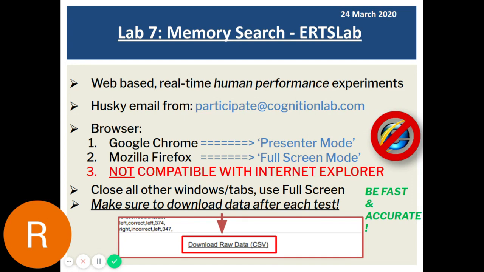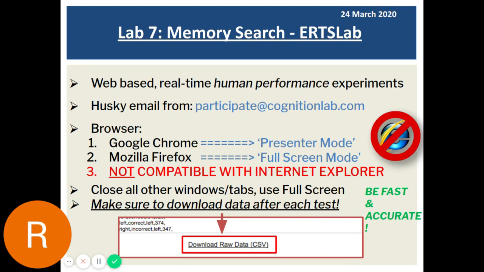In your Husky email, you should already have an email from participate@cognitionlab.com. When you're ready to go to the lab, please open this link in either Chrome or Firefox. It does not work as well in Internet Explorer. Remember from Lab 4 that we were closing all the other tabs in Windows and also using the full screen mode to reduce distractions. While we're not in a classroom environment, it still might be helpful to do this, as well as turning down the lights in whatever area you're doing the lab in, because that might help reduce distractions